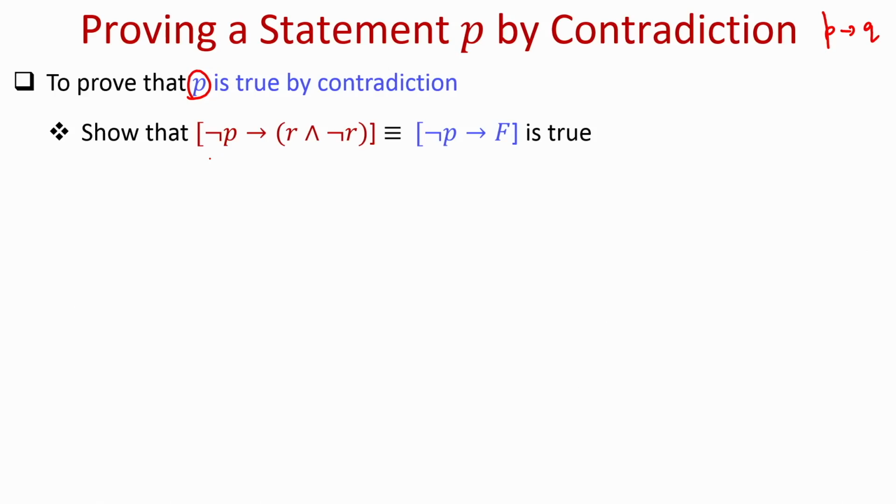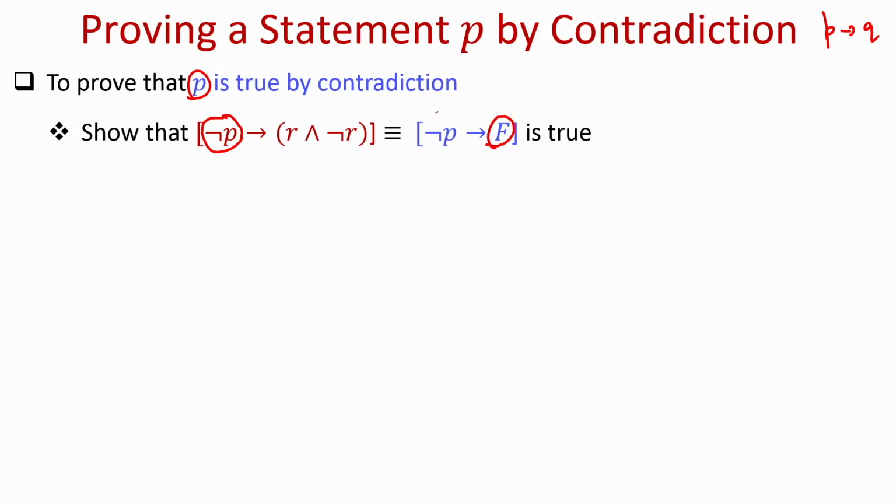This is based on the idea that negation of P implies conjunction of R and negation of R is logically equivalent to negation P implies false. That means, your goal is to show P is true, but in this proof method what we do is we instead assume that P is false, and if we assume P is false, then we have to show that based on that we come to a false conclusion. That means, we come to a scenario where both R as well as a statement negation of R